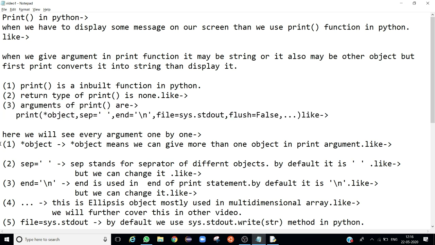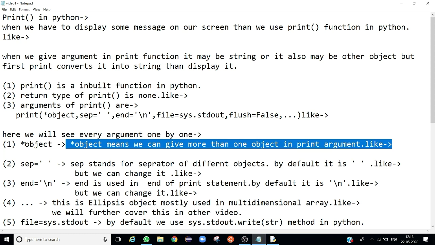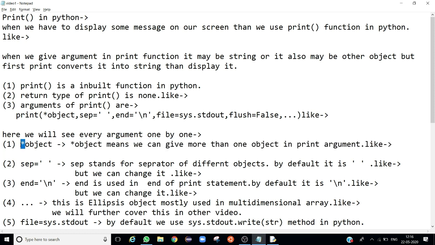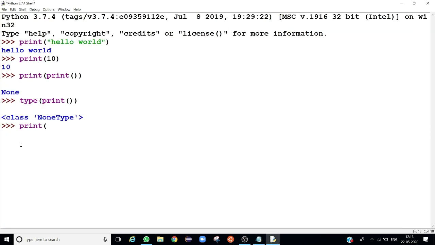The first argument is star objects. A star object means we can give more than one object in print argument. Here the star symbol is used for more than one object. More than one object means if we give the first argument as a string object, second an integer object, third a float object, the print function simply runs this.